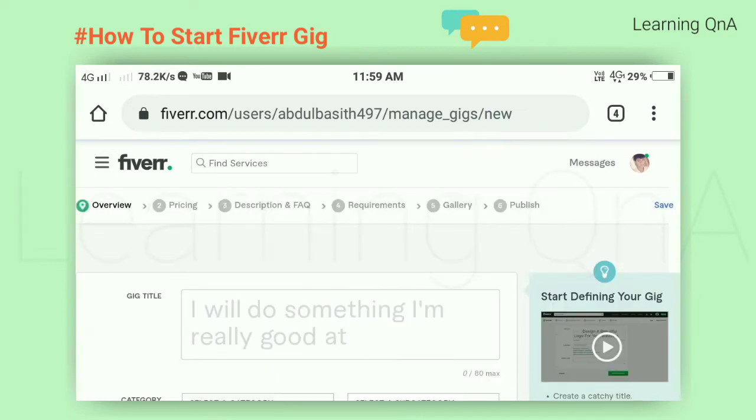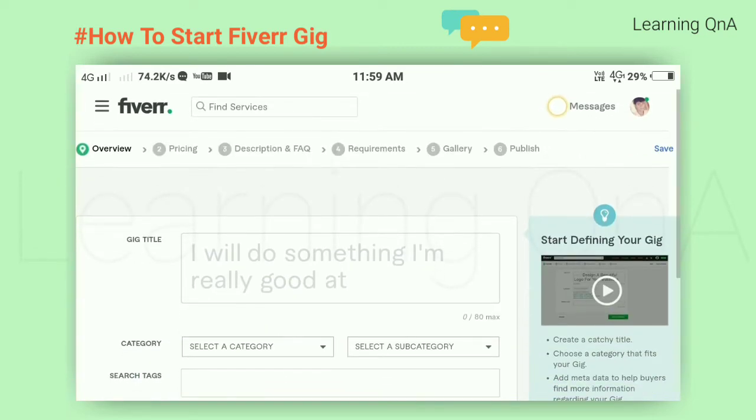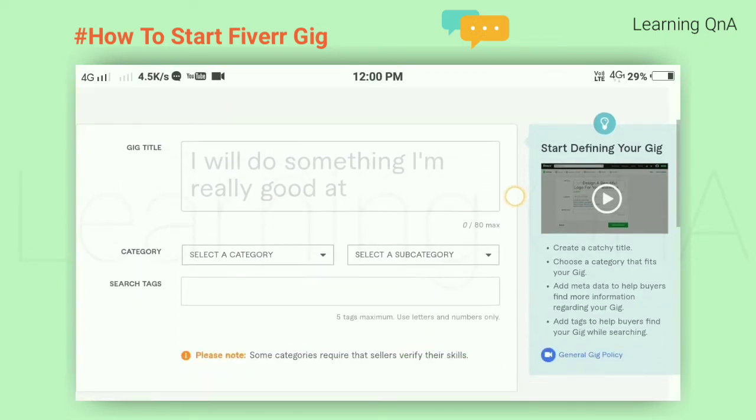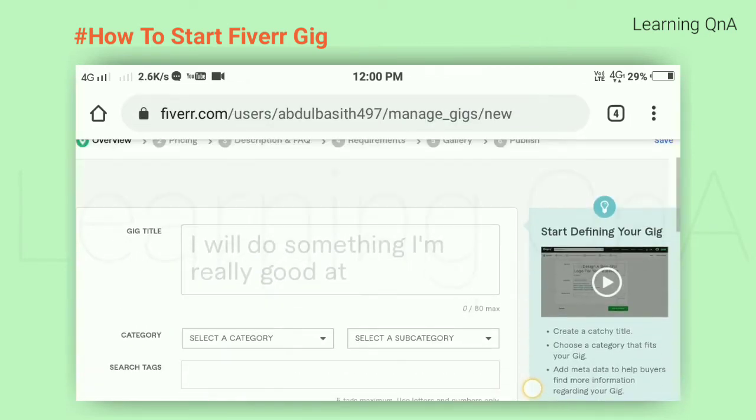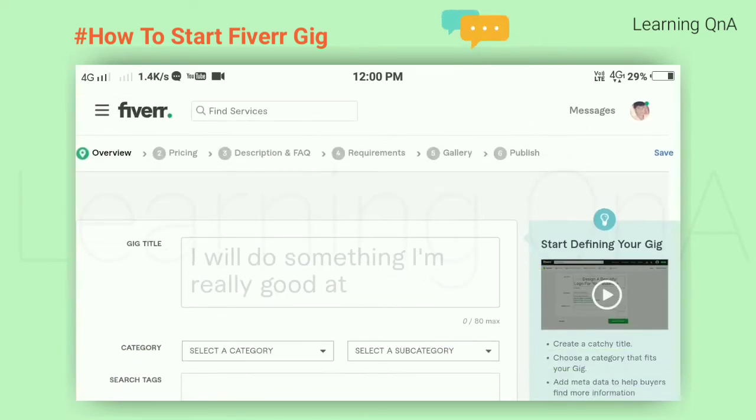This is a very important place, guys. This is where we need to make it clear what service we are going to provide, in which even if you make a small mistake your gig will go down eventually. So I will tell you now how to write a proper title, proper description and tags etc. If you do as I say, you can take your gig higher on Fiverr within a week and become a successful freelancer, get more orders and make more money from freelancing.